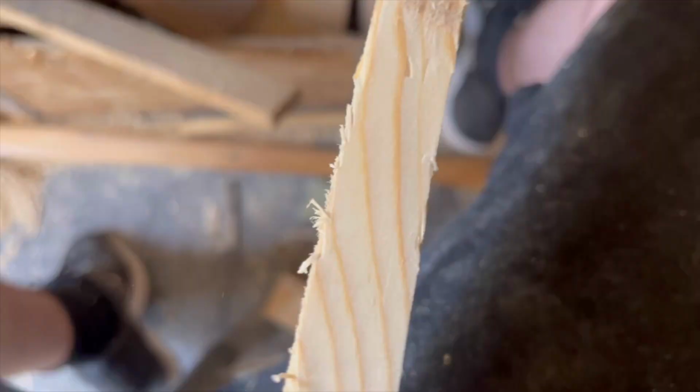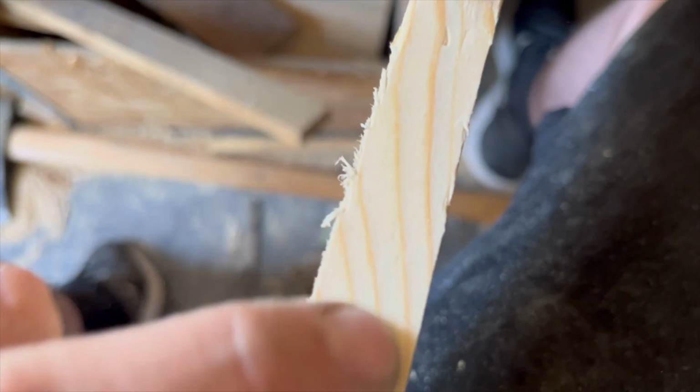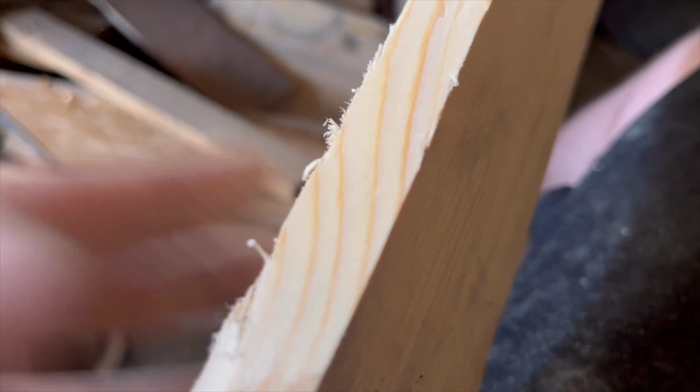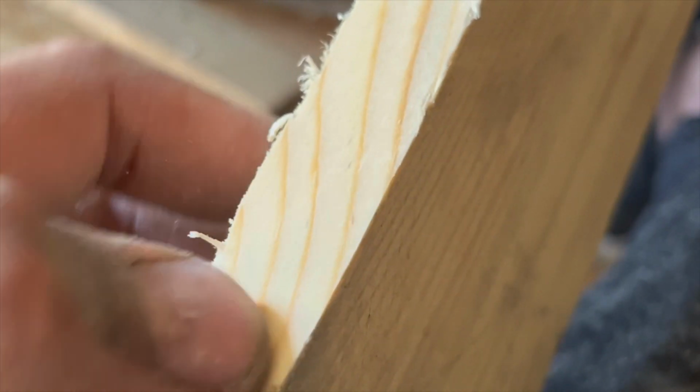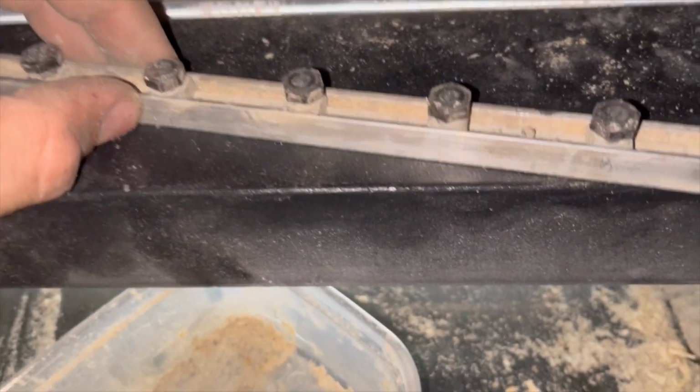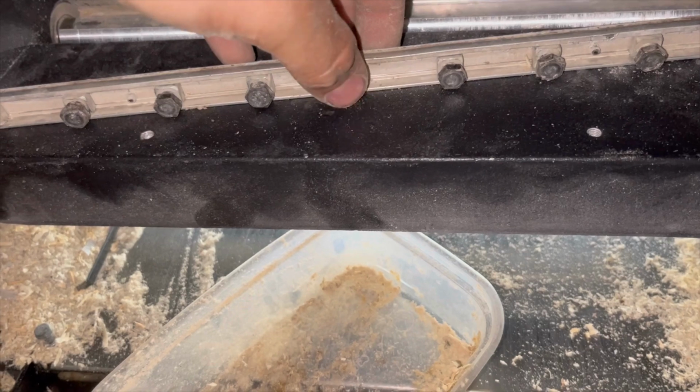And before I put my blades back on, I like to make sure they create a nice surface finish, because if the wood's not cutting right, then I know I need to go back and sharpen it a bit more, or try to get rid of whatever burr is left on there. But once you're confident that it's all nice and sharp, then you want to put it back in your planer,